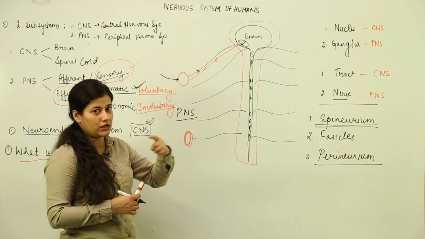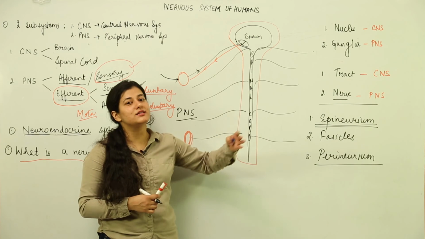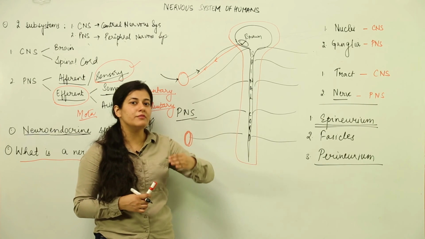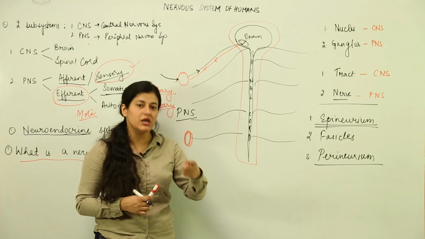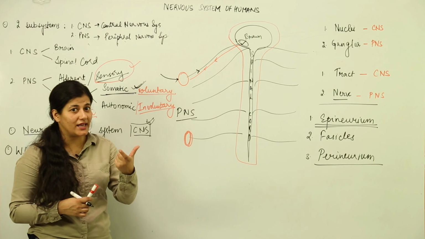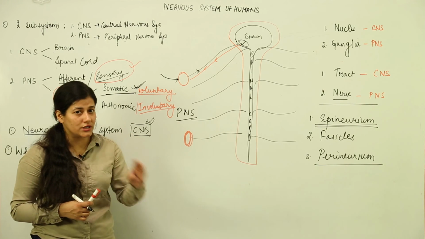That means the brain controls the voluntary actions. Supposedly I am moving this hand, that is under my control. If I want to stop it, I can stop it, but the diaphragm is moving continuously. Take the other involuntary muscles of our body, like those of the gut: there is a peristalsis movement which goes on, which is not under our control.